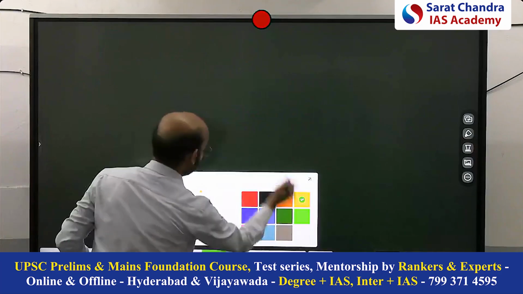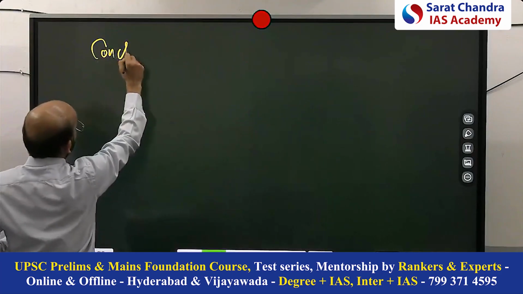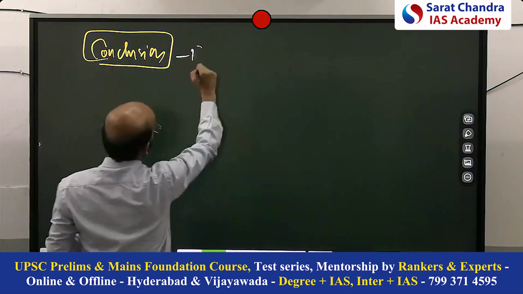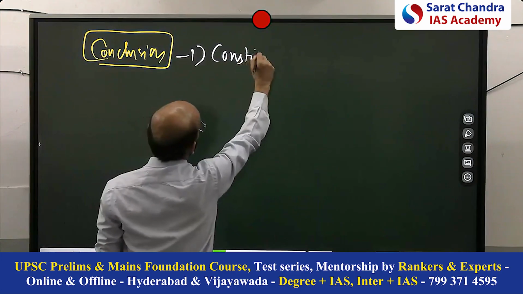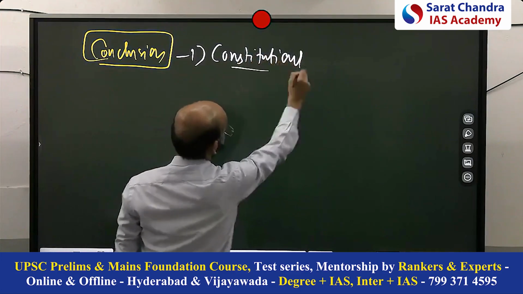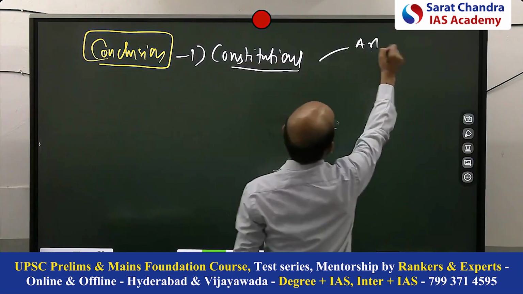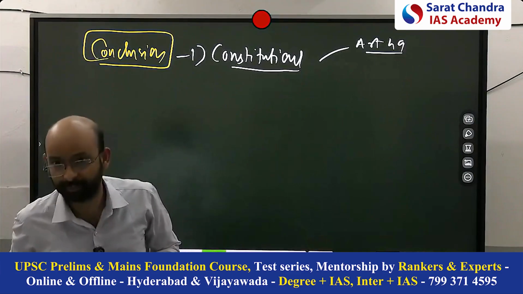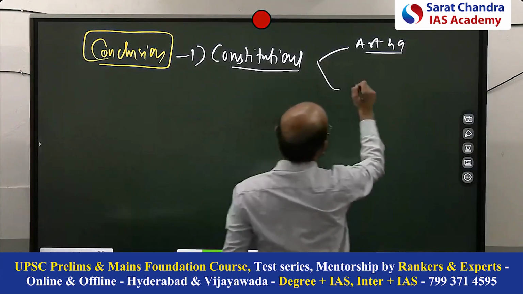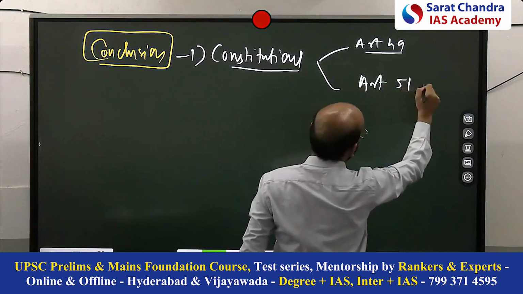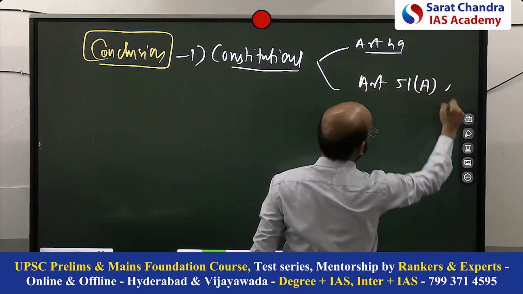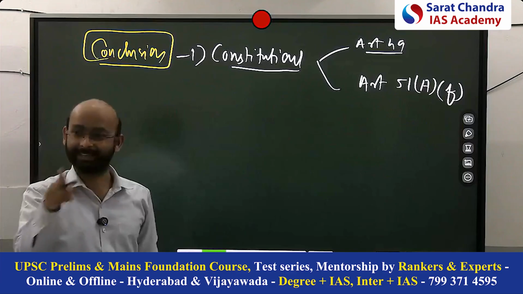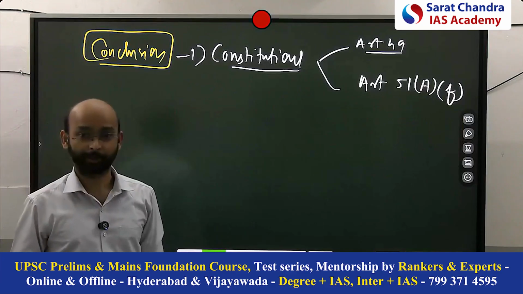Next, now comes the conclusion. How to conclude? The first way of concluding is to give the constitutional basis. There are two articles. One is Article 49, which talks about the preservation and conservation of art and culture, isn't it? Yes. Second is Article 51A(f), the fundamental duty of the citizens to preserve the heritage of India. That also you can mention in the conclusion.